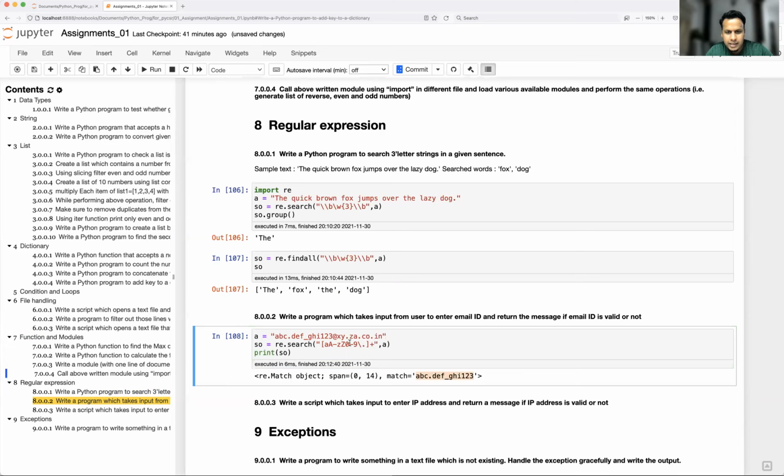So you can write anything and definitely it is going to find, but remember I have not given abc, def, ghi. There is something called an underscore, so this also needs to be matched. Okay, so up to here it is fine. Now we have the at-the-rate symbol, so let's use it. It is able to find.